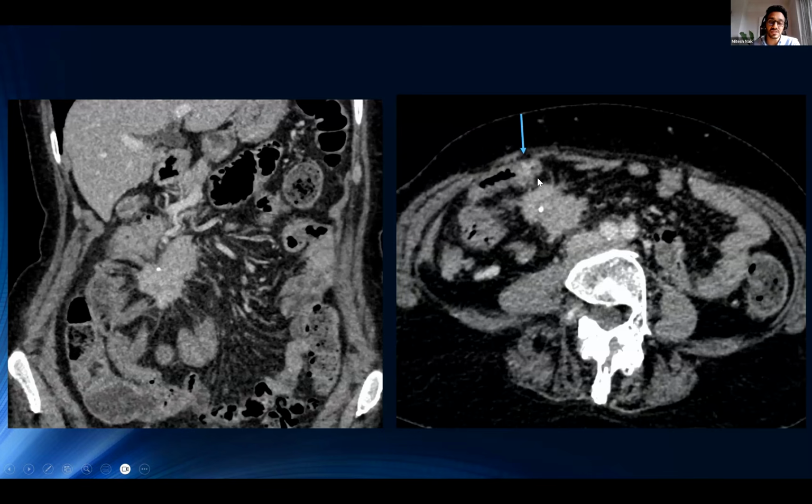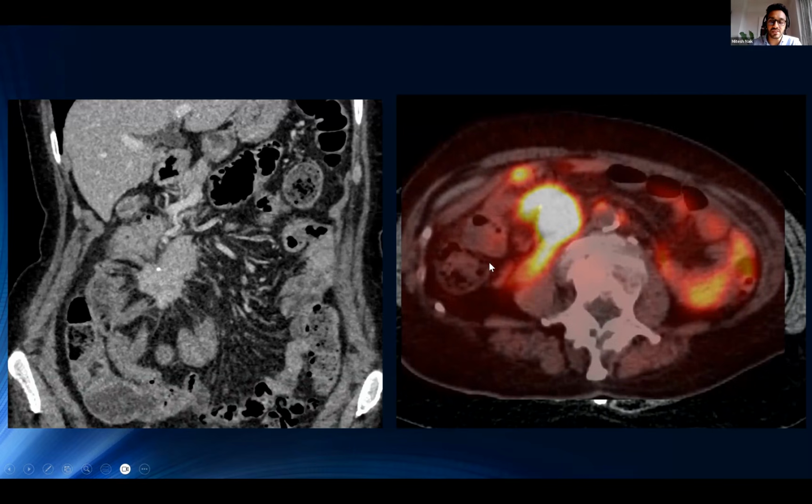So for us as radiologists, delineation of the mesenteric mass can be quite helpful because you essentially know that the tumor is going to be loco-regional to that. And so we really have to scrutinize the small bowel loops directly adjacent to try and see if there's a focus of enhancement. And this is the PET that just highlights that far more clearly. This is a DOTATATE.